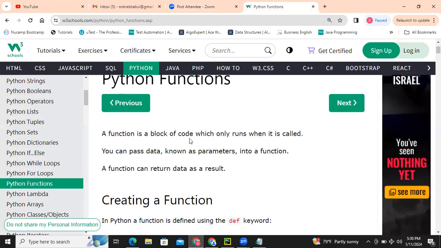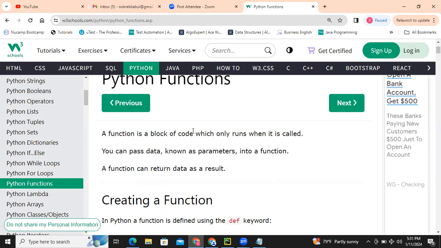Function is a block of code which only executes or runs when it is called. So function is a block of code. It can be one block of code, it can be 10, it can be even 100 lines of code that will be in one block, and it will be only executed when it is called by name.